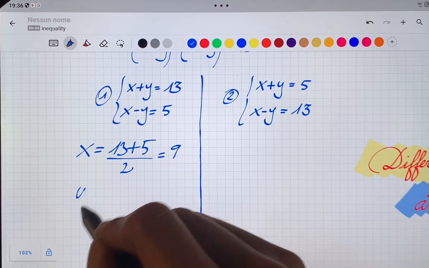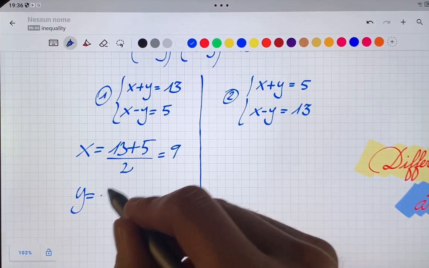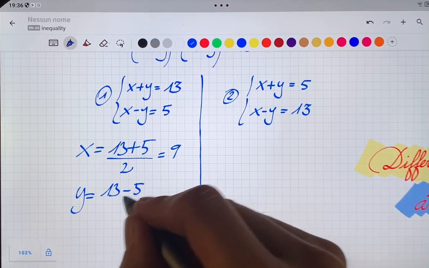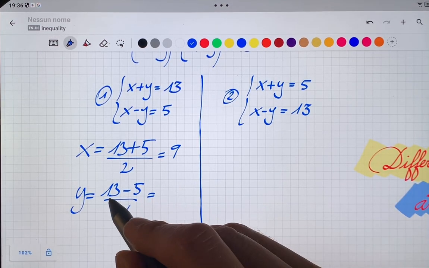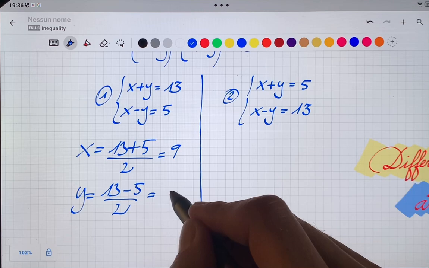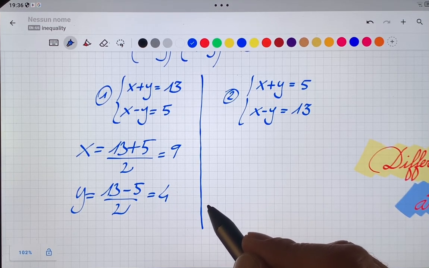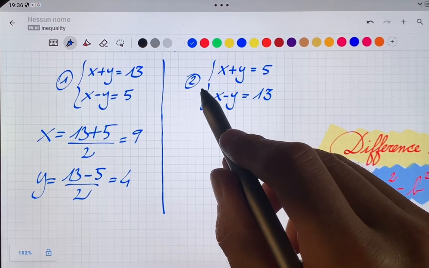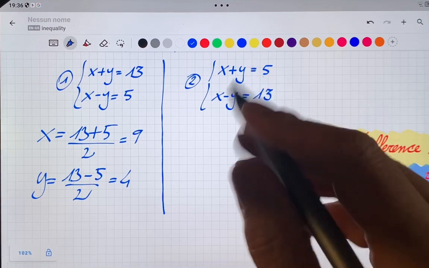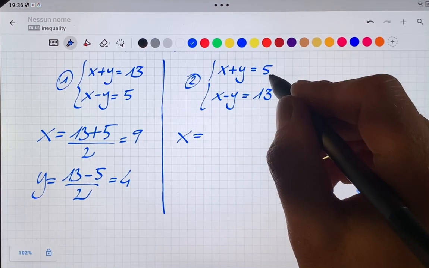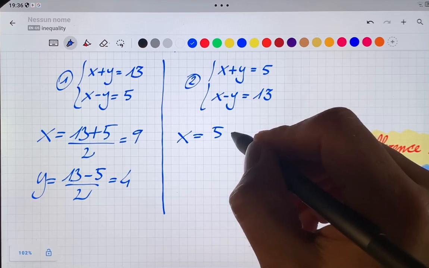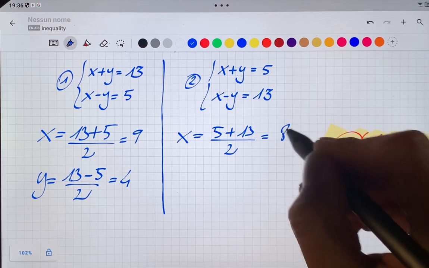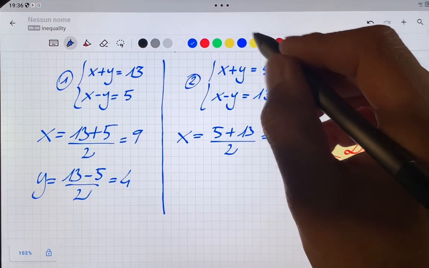Instead, y is equal to 13, the sum of those two numbers, minus the difference 5, divided by 2. That means 13 minus 5 is 8, divided by 2 is 4. That's great. But we can do it to the second system of equations, and then x is equal to the sum 5 plus the difference 13 divided by 2, and that's 8, and that's 9